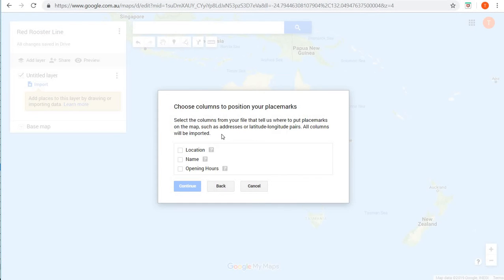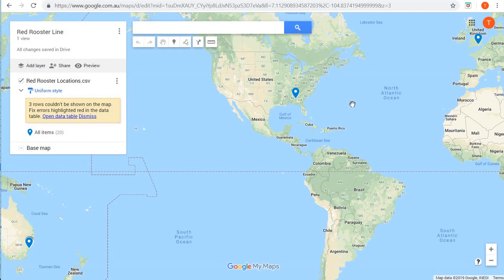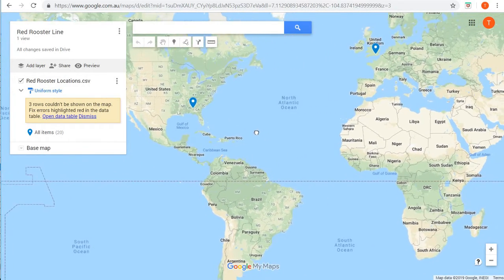It should immediately come up with this, which is essentially asking for the column in your Excel sheet for where the location is. Obviously I have marked it location, just tick that. Further, it's going to ask you for title markers, which is essentially the name of the location. After some time, our locations have turned up on the map itself, but as you can see, we have some